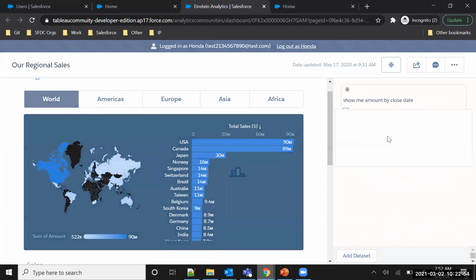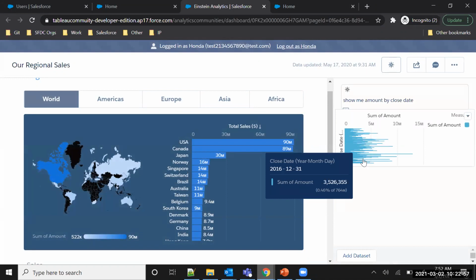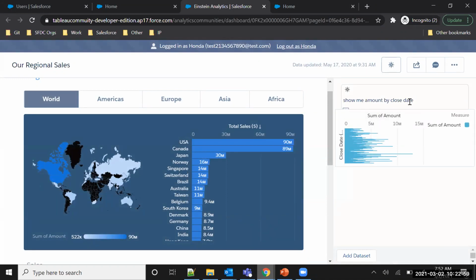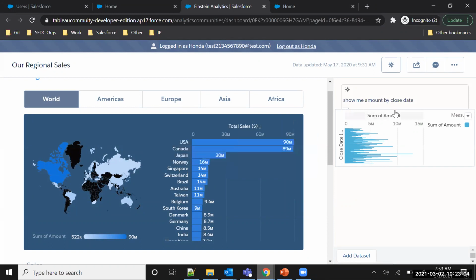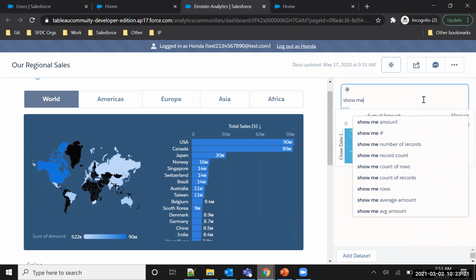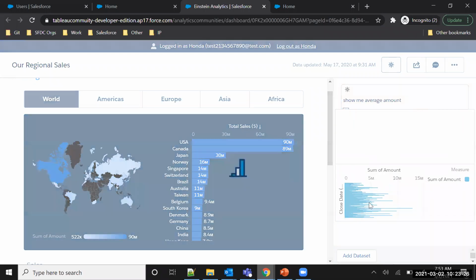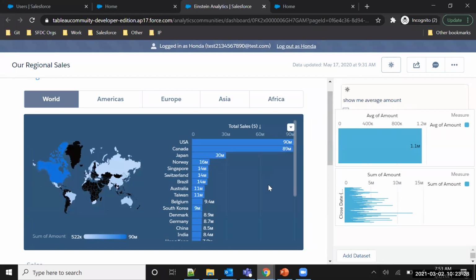As soon as I select this, it will show me a different dashboard by using the sum of amount by closed date. So you need not go and change the dashboard for every filter or every setting. You have predefined actions here, which can be created and which will help community users generate reports or charts interactively. They need not come back to Salesforce or change everything. They can do everything in the community itself. Similarly, we have different options here, and you can type in only "show me", and then it will show you the options. Like if I want to see the average amount, everything can be done here.